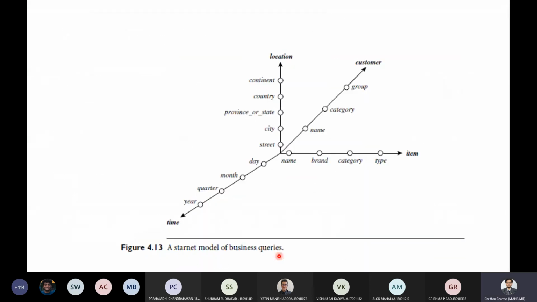But the last two parts would be left apart from this. That is your data warehouse implementation, like how to implement a data warehouse. And the last part would be data generalization by a concept called attribute oriented induction. So these two things are left, which we will see in Saturday's class. Saturday will be 1 to 3.